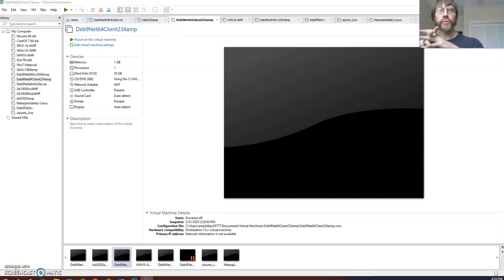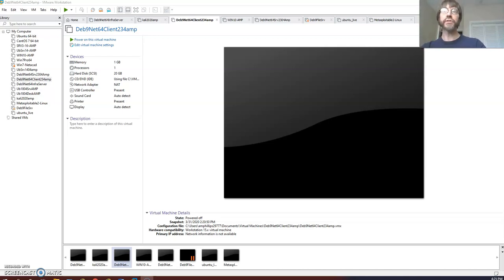Okay, so what I'm going to do is demonstrate the SELinux Security Lab. All I need for this one, as the lab instructions indicate, is the Debian VM. To make everything as easy as possible, because it looks like I have to install some new software, I'm going to take my Debian client, which is running on DHCP, and